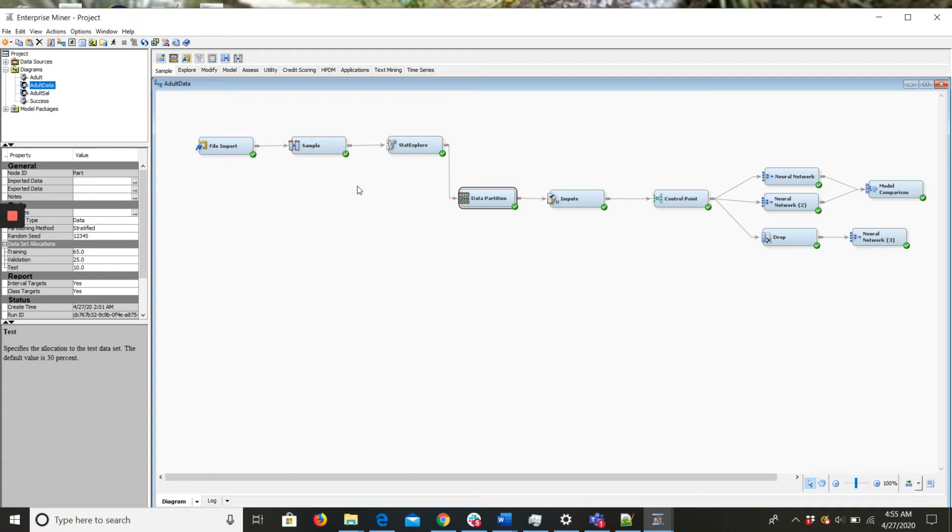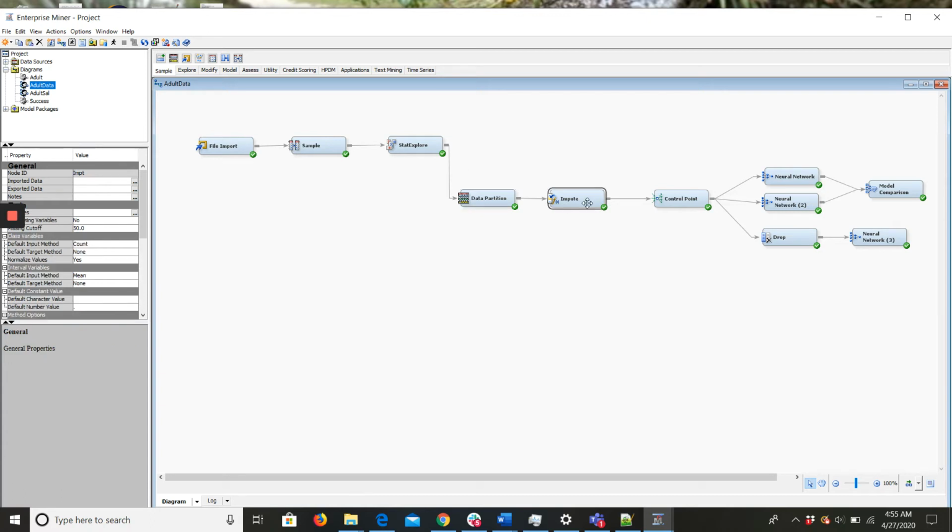My second concept is about the missing values. We've just seen it now. A number of practical problems have missing data in data sets. Learning from incomplete data has been recognized as one of the fundamental challenges in deep learning. A naive way of dealing with them is to get rid of them by using this impute. So we just drag and drop the impute and get rid of the missing values.